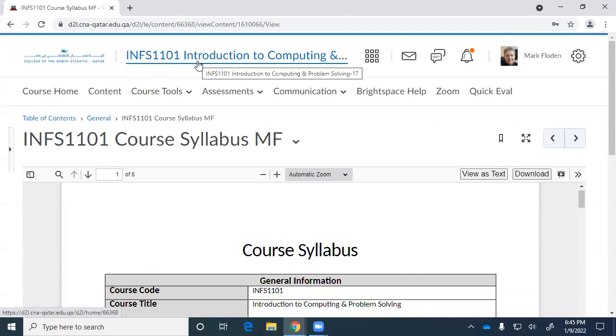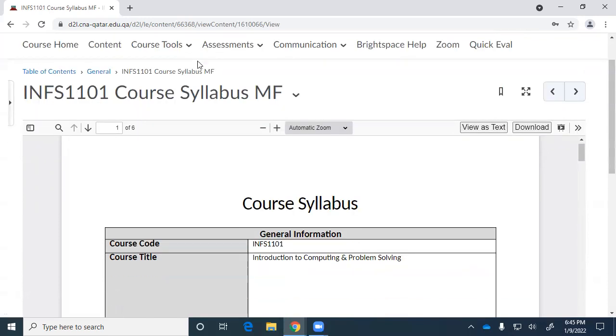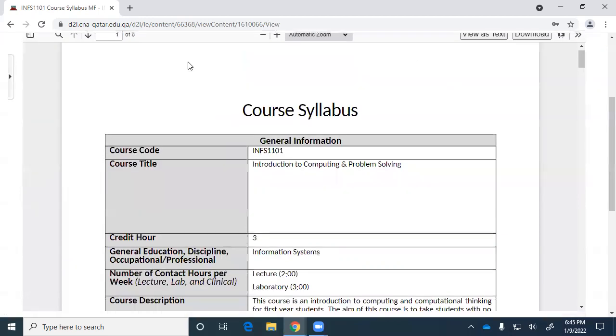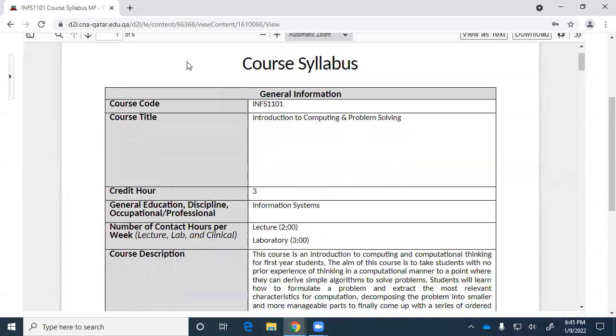So the idea of the 17 and the 18 from the college point of view is 17 is for lectures, 18 is for labs. But you have the same instructor for lectures and labs. So it's me. Sorry about that. The idea was that you could have a different instructor for labs, and they might do that in the future. But at the moment, it's the same instructor for lectures and labs. So that's why we're doing it all in 17, okay?